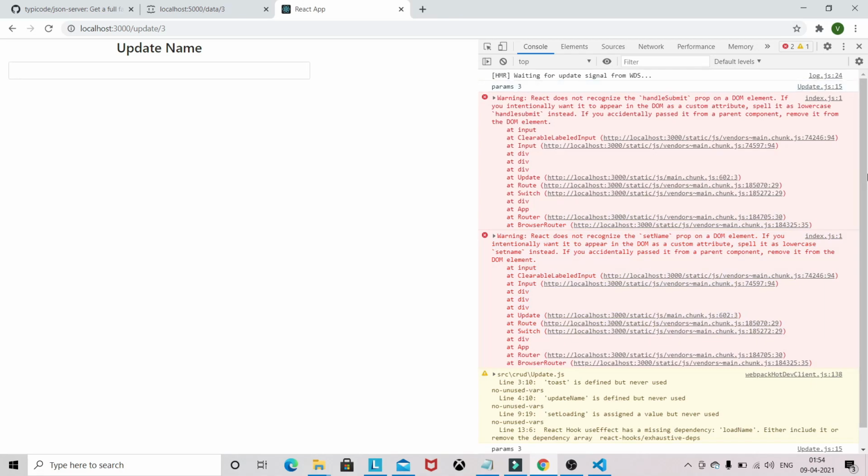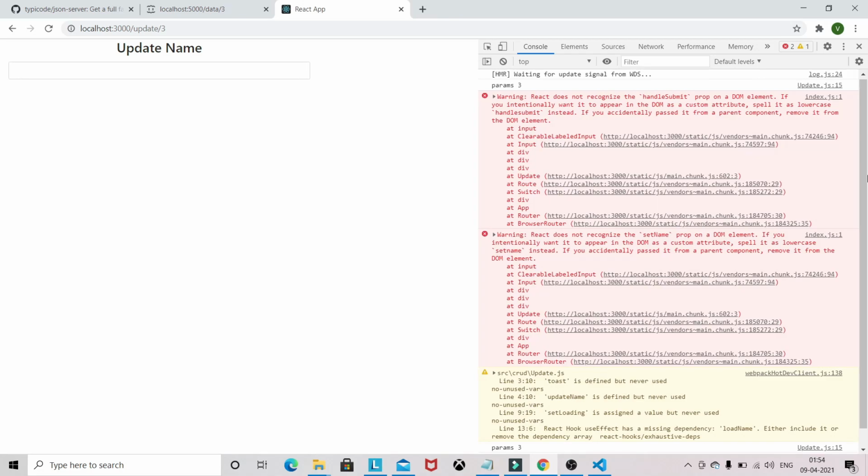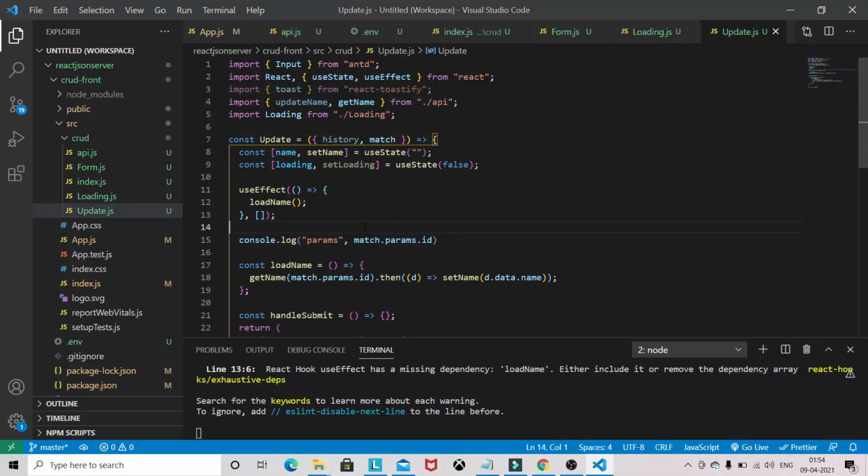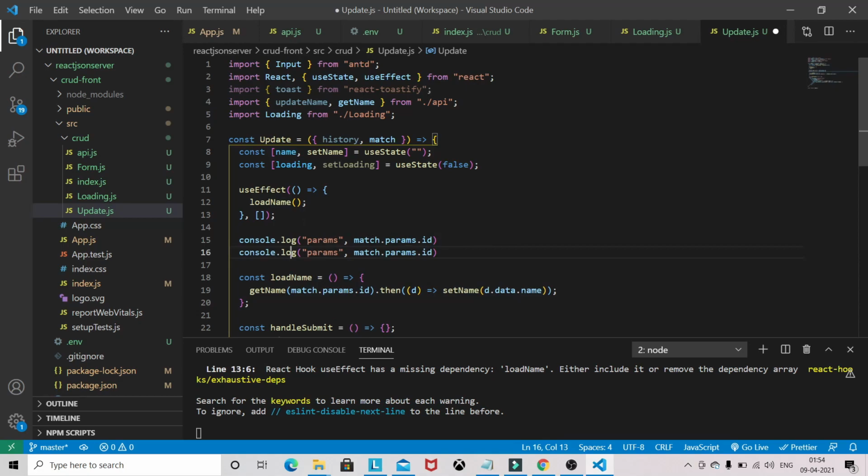React does not recognize the handleSubmit. Okay, so name we are not able to see. So let's see whether we are getting the name or not.